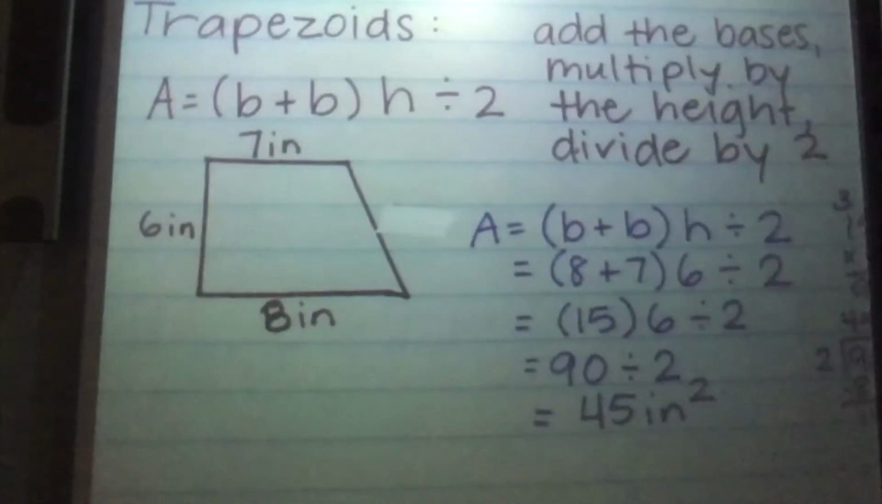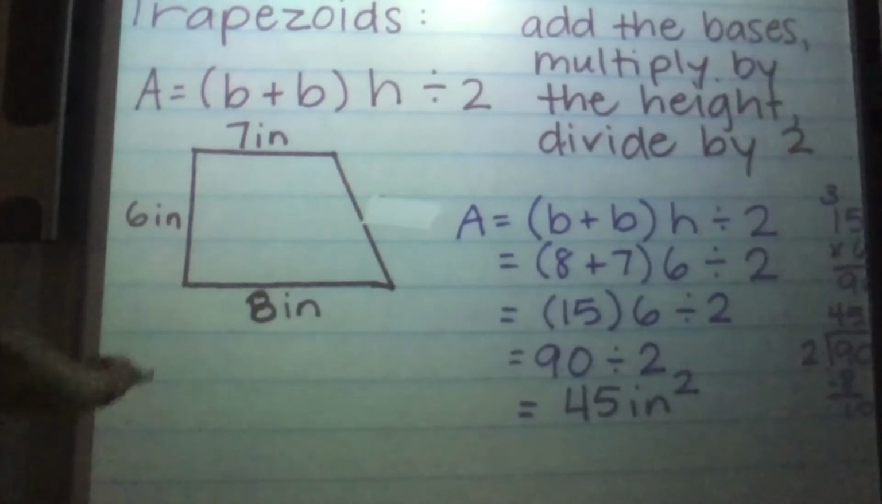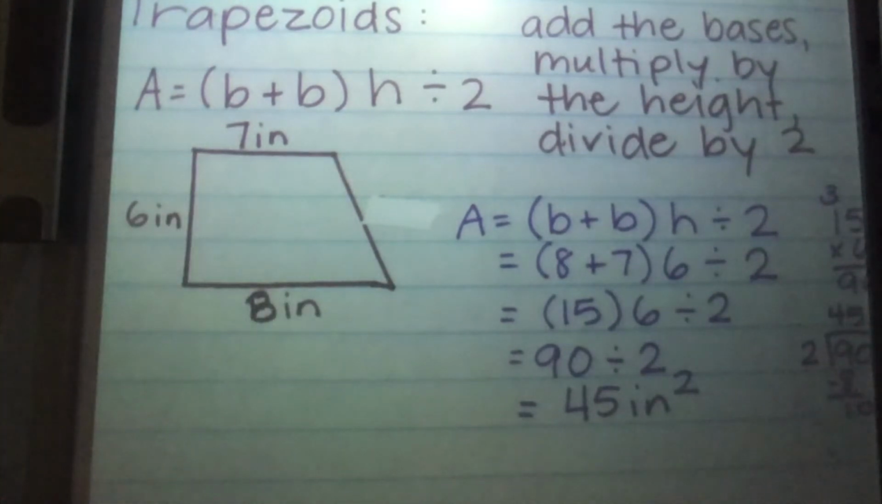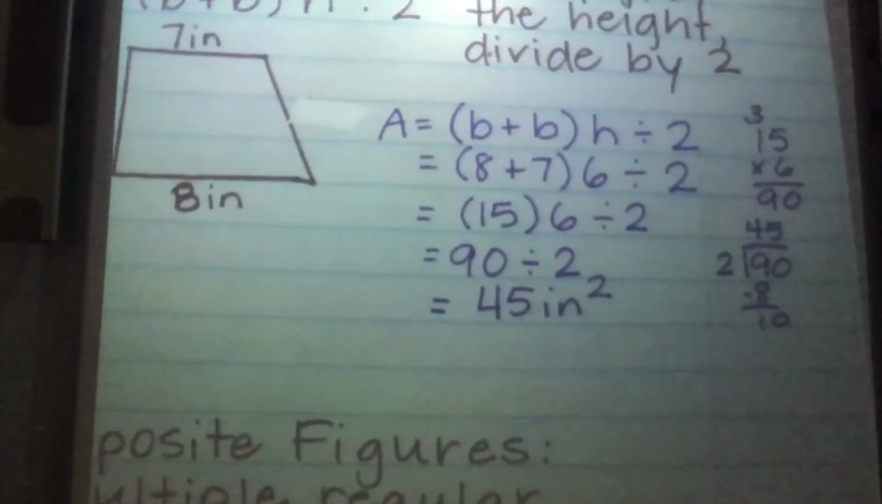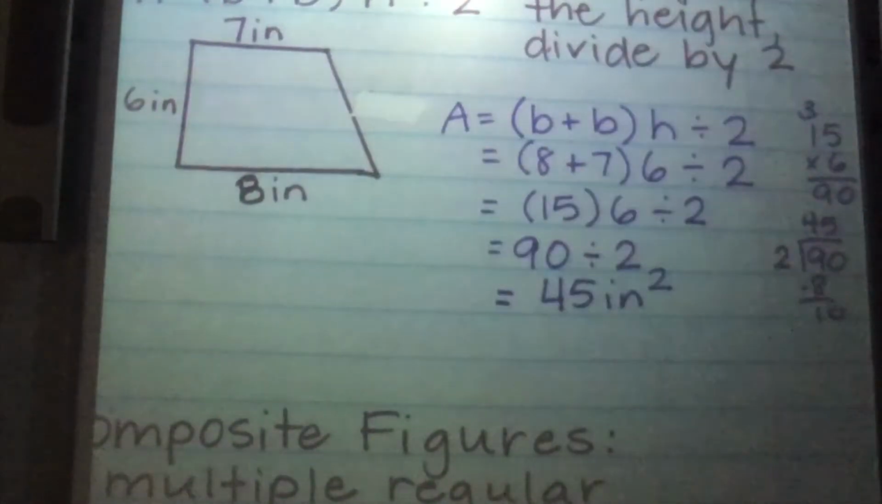Okay, now let's talk about trapezoids. So remember, trapezoids only have one set of parallel lines, and your set of parallel lines tell you what your 2 base values are. So in this particular one, our 2 bases are 8 and 7, and our height is 6. So to find area of a trapezoid, we have to add the bases, then multiply by the height and divide by 2. Okay? So our base values were 8 and 7. So we're going to add 8 plus 7, which gives us 15. Next, we have to multiply 15 times